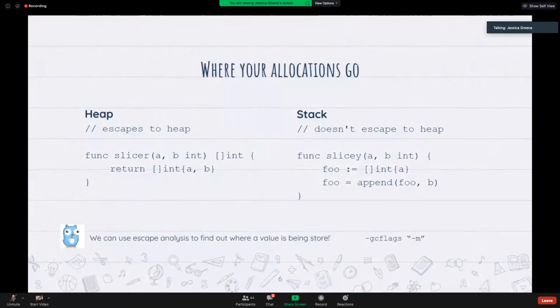So it's really important to think about where these allocations, or stored values, are going. We have two places that we can consider: the heap and the stack. What's important to remember in Go is that it's quite complex memory management.